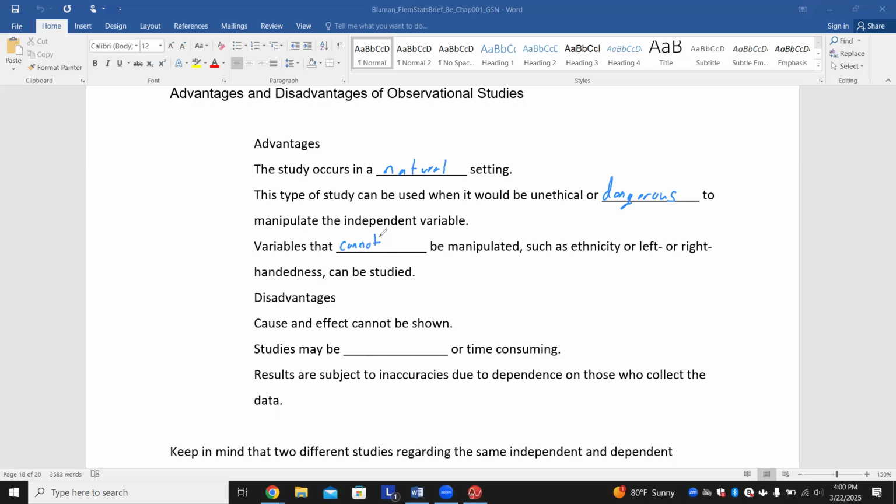It's just things that you can't change, you can just observe in their natural setting. Now, disadvantages of this: cause and effect cannot be shown. We might have, hey, this right here results in low blood pressure, but it might have nothing to do with competitiveness. It might have to do with their eating habits or their work or anything like that. So studies may be more expensive and time consuming